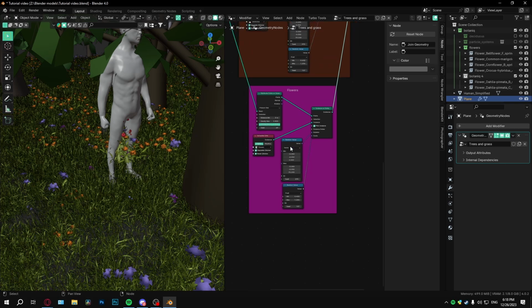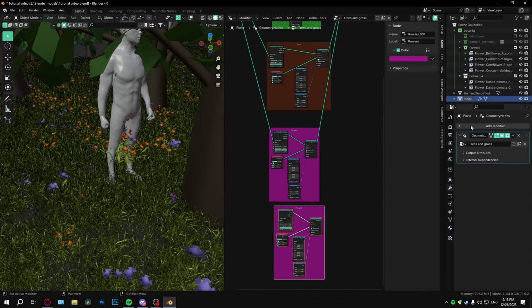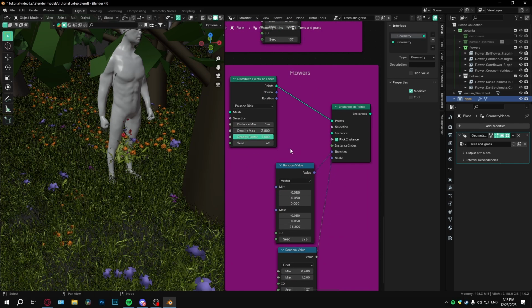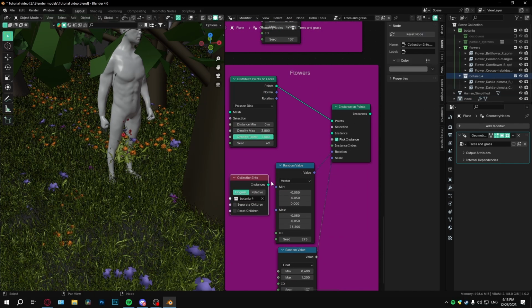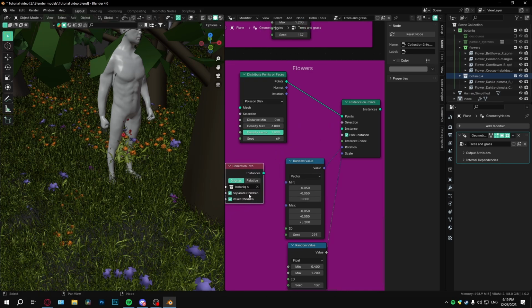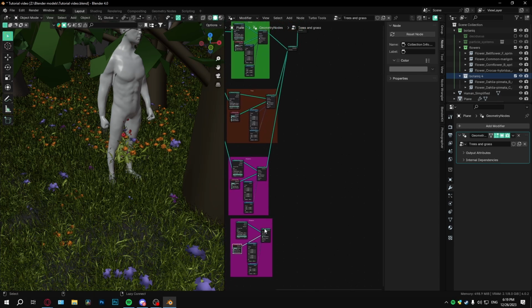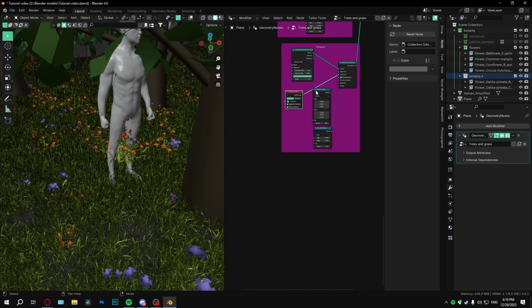And then what we'll do is we'll just kind of duplicate this again. Put this down. Delete that collection. Grab this one. Separate children. And reset children. So you want to select both those. Instance. Got this one. Put it into here. And then